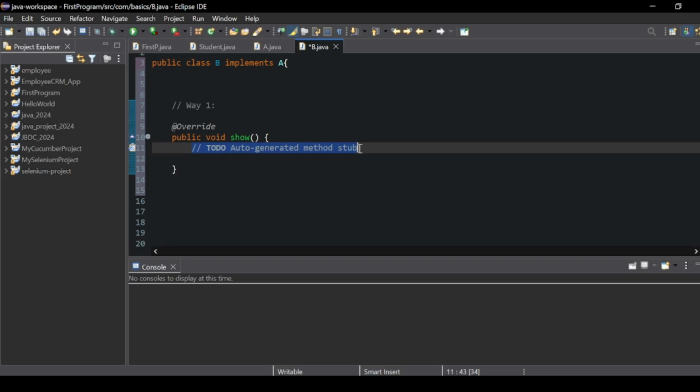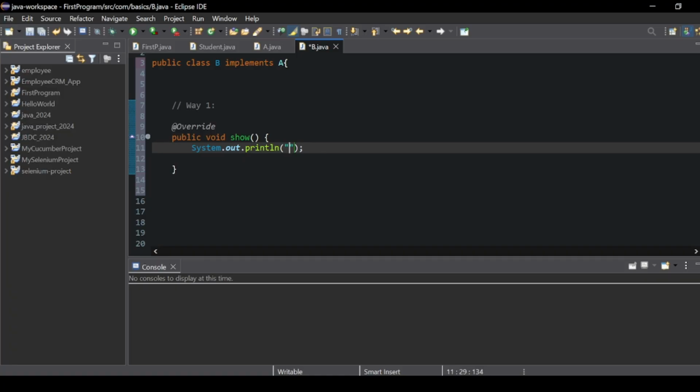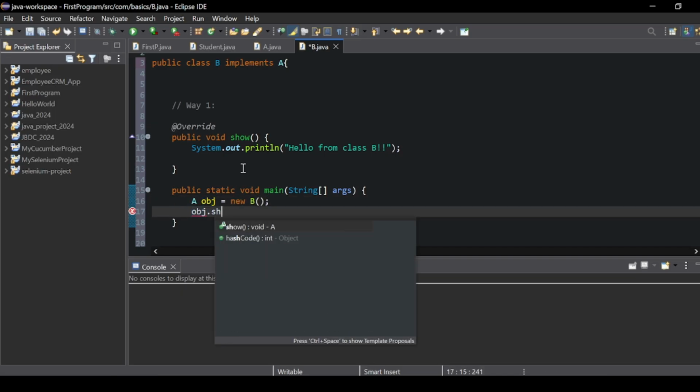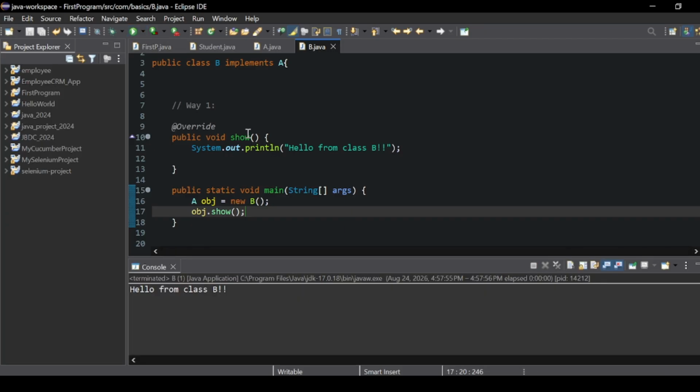So here I just add one line to be printed: Hello from class B. And then we could create a new object, obj equal new B, semicolon, and then we could just call our method, right? Let me run the program. Yeah, the show method is running, hello from class B, and this works, but requires an entire separate class